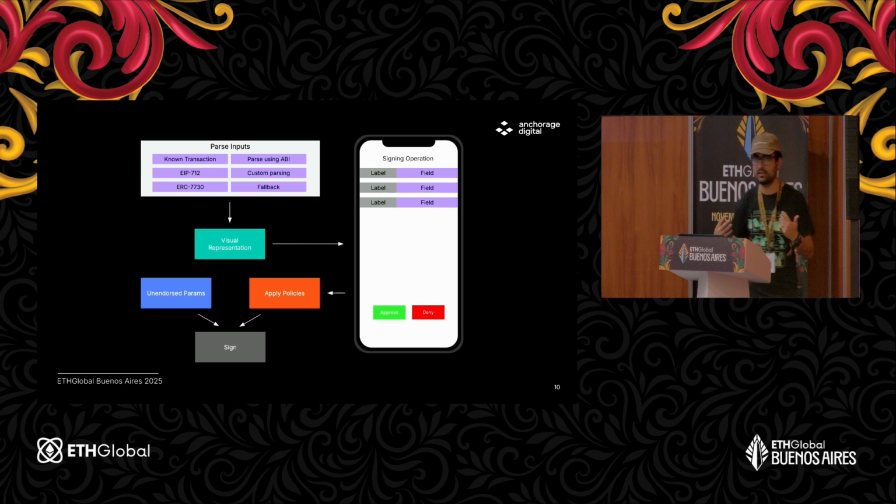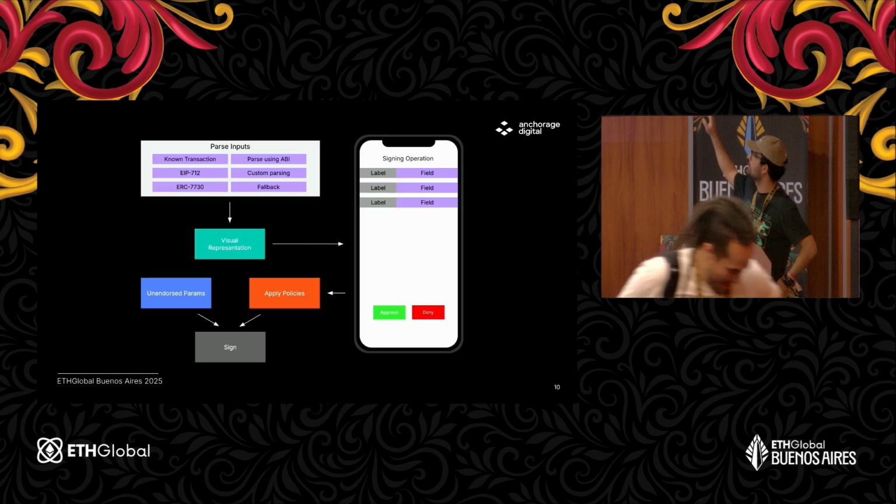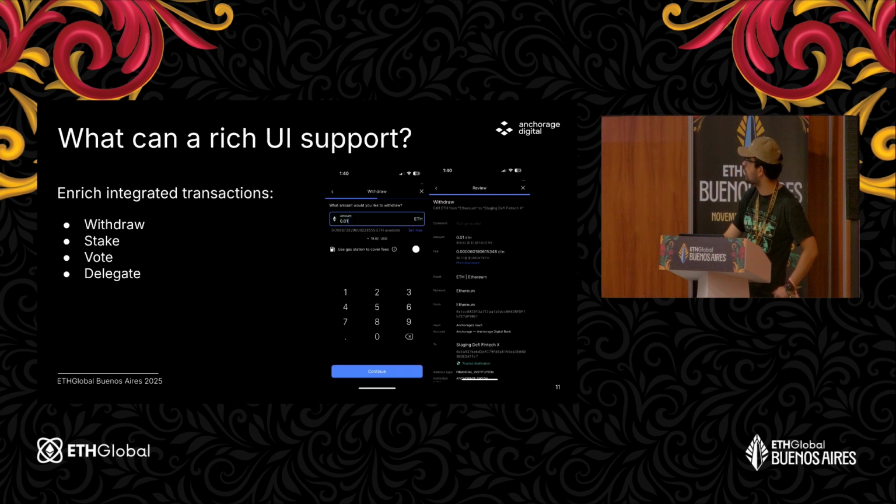So we needed a generic way to express any blockchain transaction, or even really any transaction, including our operational things. So we built this framework so that we could support EIP 7.7, EIP 7.12, eventually EIP 7.30. We have mechanisms to parse ABIs and all of these types of things. And we turned that into a visual representation. Our backend, or our HSMs, turn them into a visual representation, and then you can endorse it and approve on the